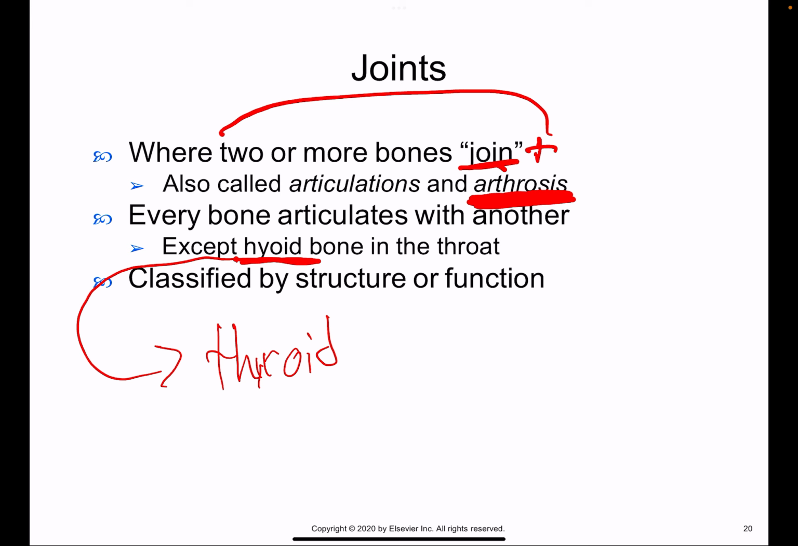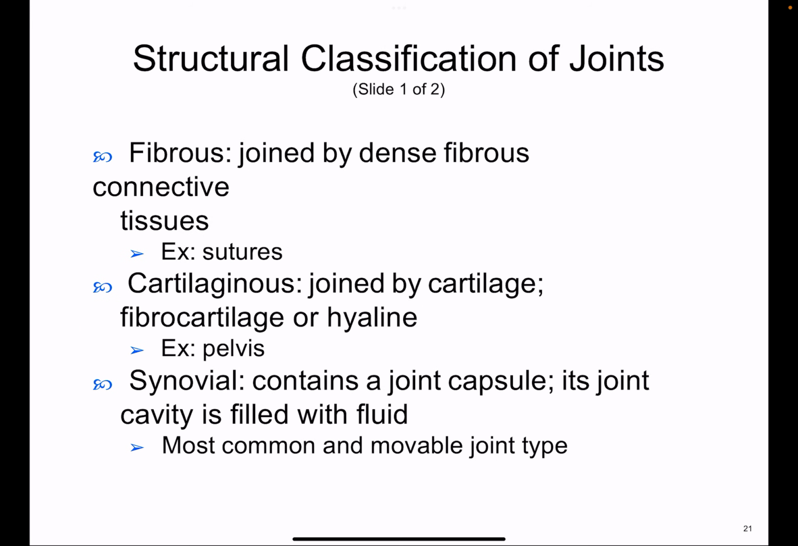And these are, of course, going to be classified by their function. We have fibrous, which is conducted by dense fibrous connective tissue. Sutures are a big example. The sutures are, of course, going to be found in your skull. We're going to pretend this is a top view of the skull, and you see this right here. That is the suture, right? The suture is that fibrous